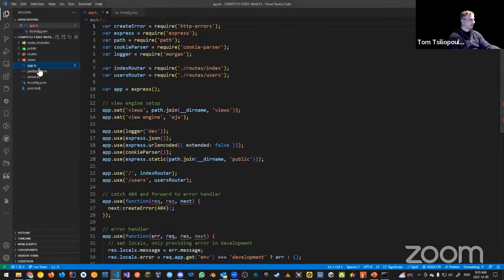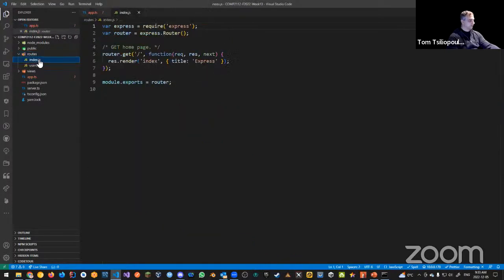Here's our app.ts, and it has a bunch of stuff here that we're going to change in a second. And then inside of our routes, we also have an index.js, which we're going to rename to index.ts as we're converting to TypeScript. Same thing with users, rename. We're going to get rid of the users file in a second.